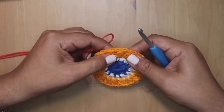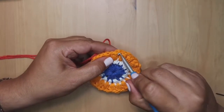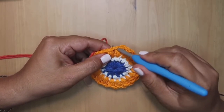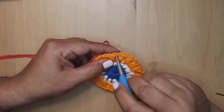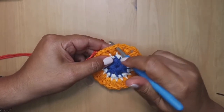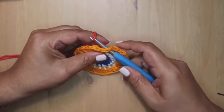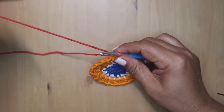So we're going to start again in any chain one space, and I'm going to start here. So again, here's the chain one space, and here is the stitch on top of the puff stitch. Okay, so we're only going to be working in these chain one spaces in between the puff stitches right here. So go ahead and insert your hook into any chain one space, yarn on the hook, pull through, and then you want to chain one